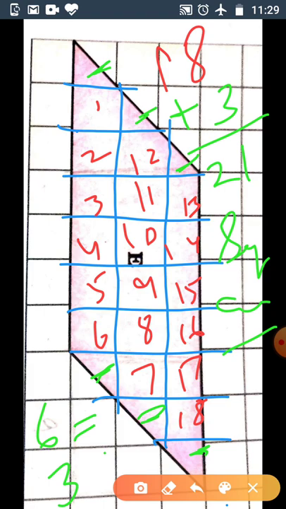So children, hope you all have understood this method of calculation of the area of different irregular shapes. First, remember that first of all you have to count the number of complete squares. Then you see and count the number of half-filled squares. And then if any quarter part of a square is there, you count all that portion also, and then add all the numbers, and finally you will get the total area of the given figure.